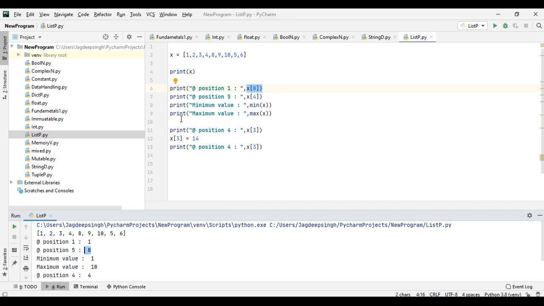So you can represent it first position. At the first position we have a value of x, that is 1. At the position of 5, the element we have is x4, so that is the value 8. Similarly, you can use some mathematical functions like minimum and maximum to get the minimum value